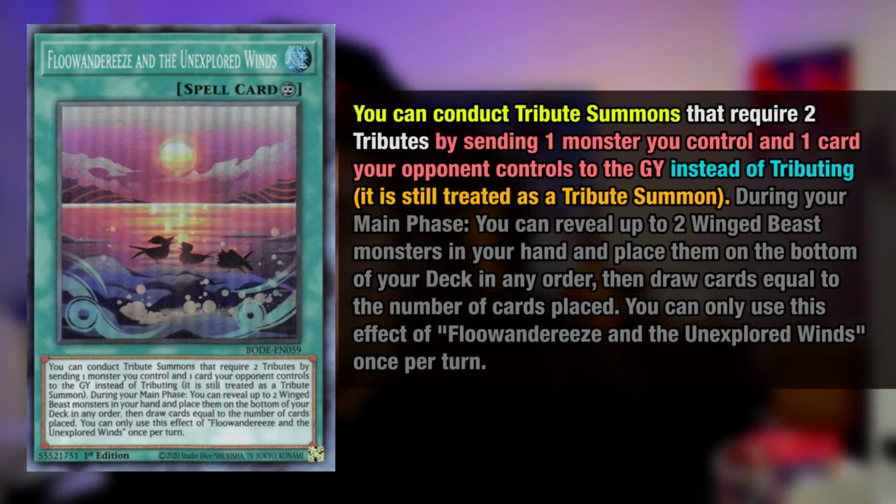Ruling number 2, we're going to look into the interactions of Floowandereeze and the Unexplored Winds. We're going to read the card text and compare it with the interactions of Zombie World and the interaction of Mask of Restrict, and how the outcomes are different and why they're different. I want to explain it to you guys because this is the one card that has the most amount of arguments. So you can conduct tribute summons that require 2 tributes by sending 1 monster you control and 1 card